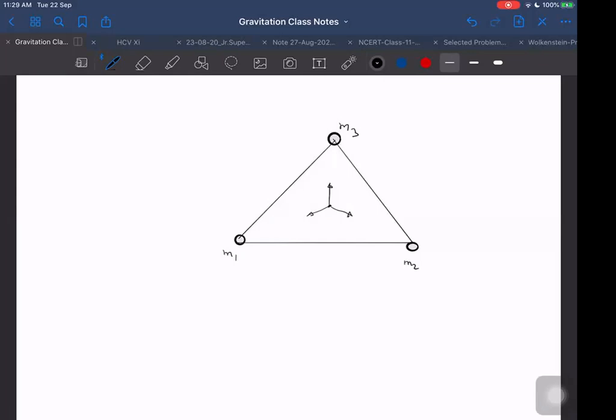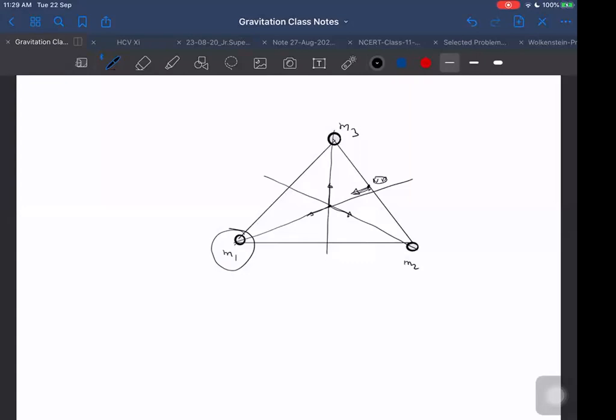But then also we can tell, even if they are cancelling somewhere in between, can they cancel in any other location also, or only in this place? Okay, forget M1. Let us say M1 does not exist. If M1 does not exist, then they could have cancelled somewhere else also. Here they may have cancelled. Yes, sir. Because there may be, between M2 and M3, between this and this and these two, they may have cancelled. But now M1 exists, and M1 is exerting which kind of field? It will be applying field towards its side. So will it be a null point now? Because of 3 masses, this null point will no more remain a null point.